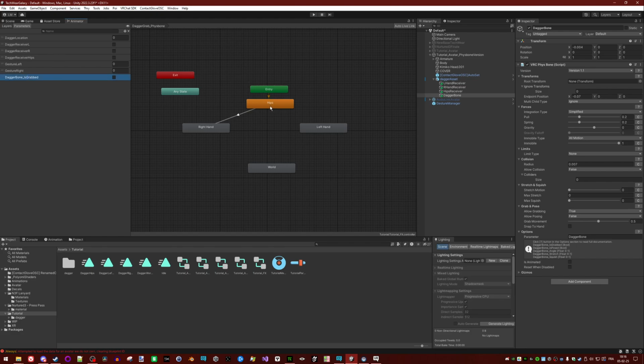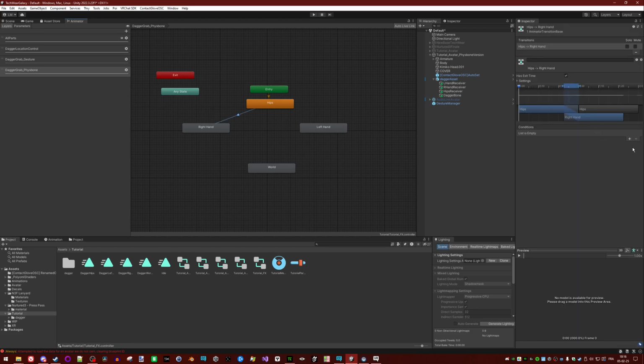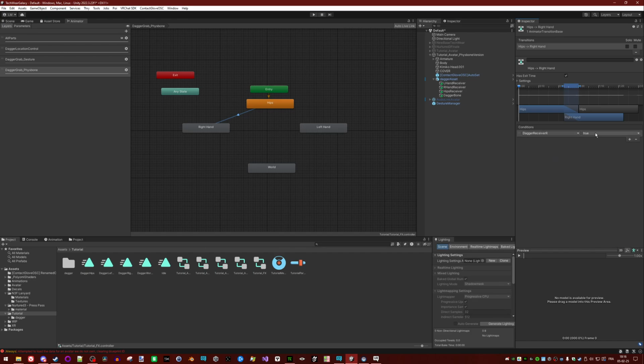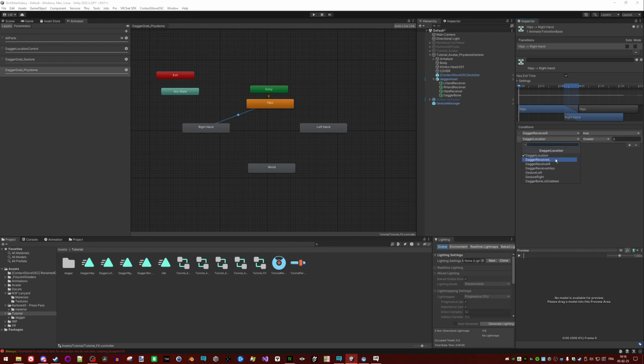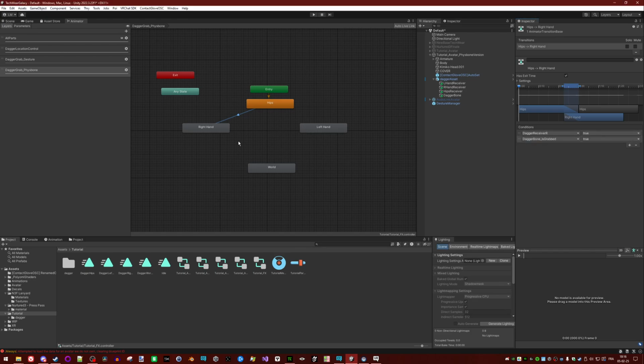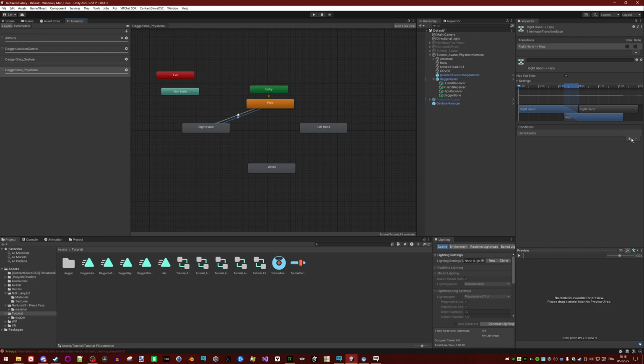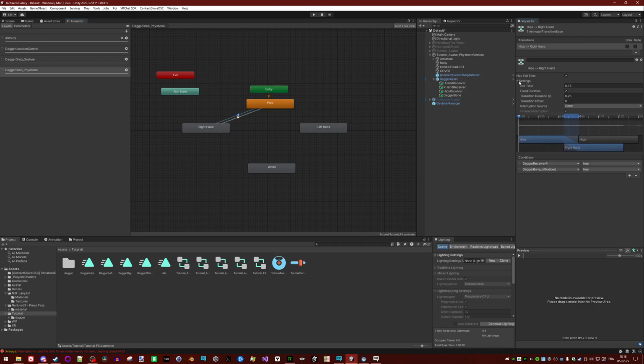So for the dagger to go from the hips to the right hand, we need the dagger to see the right hand, so dagger is over R is true, and we need the bone to be grabbed. And for going from the right hand to the hips, don't forget to uncheck has exit time, transition duration 0 for each transition you make here.